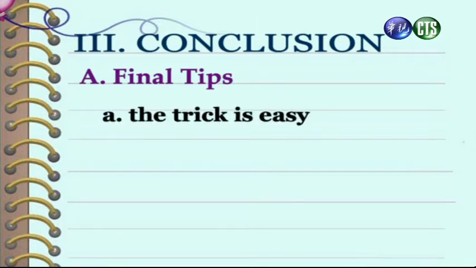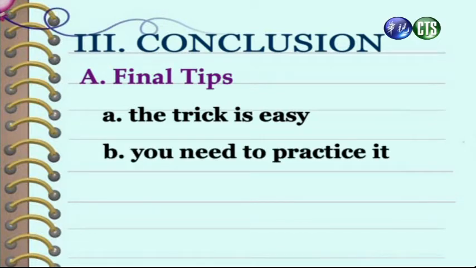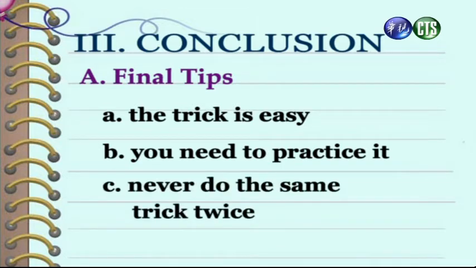And here are some pieces of advice that we can give. And our first piece of advice is the trick is easy. 好，那这边呢，以下我们来列出一些我们可以提供给读者的一些建议哦。那第一个建议呢，也就是说，其实这个魔术很简单。And the next piece of advice is that you need to practice this trick. 好，那接下来第二个我们可以提供的建议呢，则是读者呢，你必须要多多的练习哦。And the final piece of advice is never do the same trick twice. 好，最后一个建议呢，则是不要同样的魔术千万不要玩2次哦。